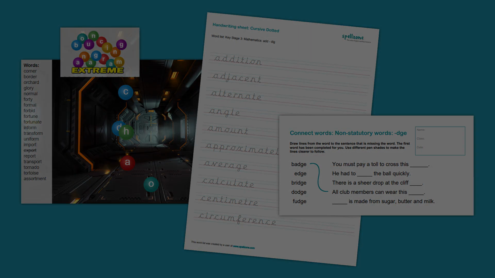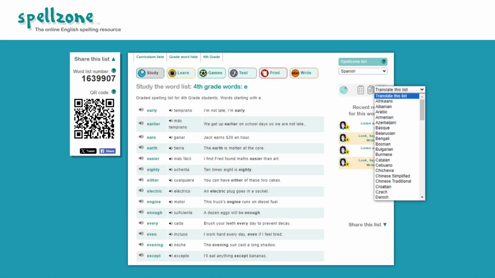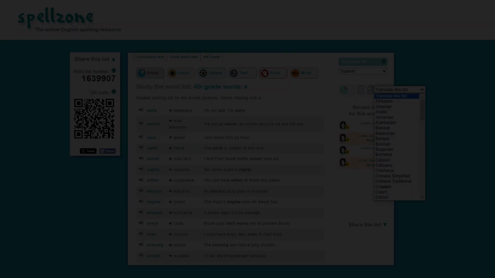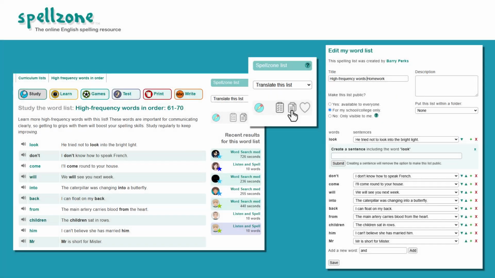worksheets. They can be shared easily and also be translated into 92 languages, ideal for any students who have English as a second language. Any list can be copied and edited by clicking the copy icon. You can remove words, add new words, add custom sentences for context, move words around and save it with a